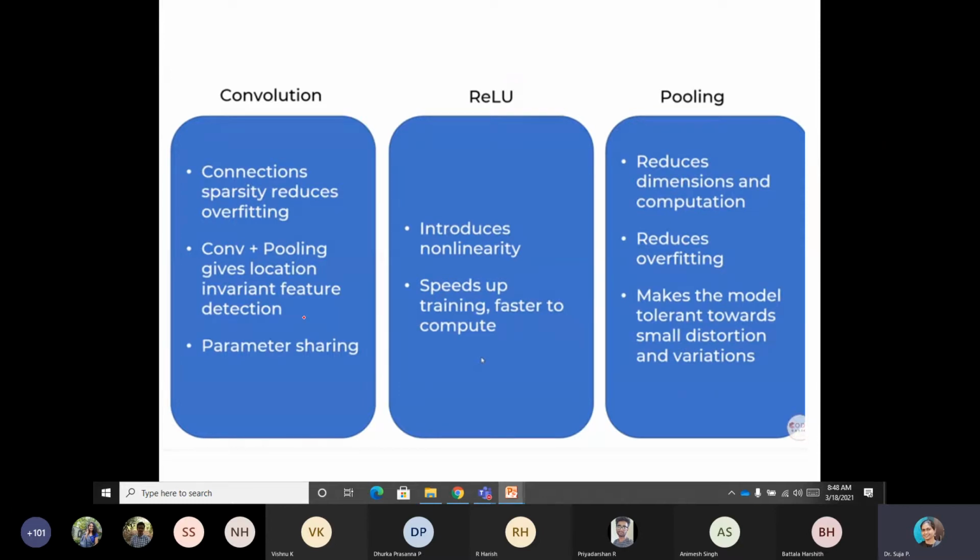That means wherever the object is placed, because convolution is applied over the entire image, the features are extracted, and then the parameters are shared across the next level of neurons that are connected. And ReLU introduces nonlinearity. It speeds up the training and increases the computation speed, because the negative values are removed and only positive values go to the next level.